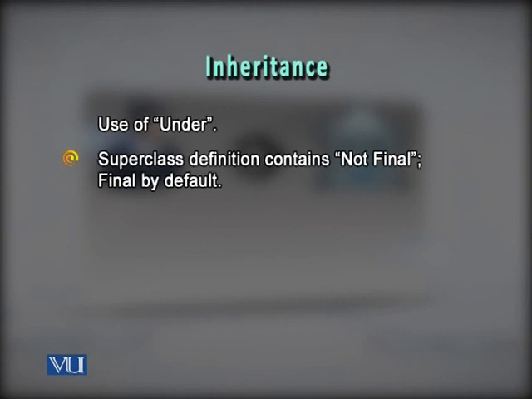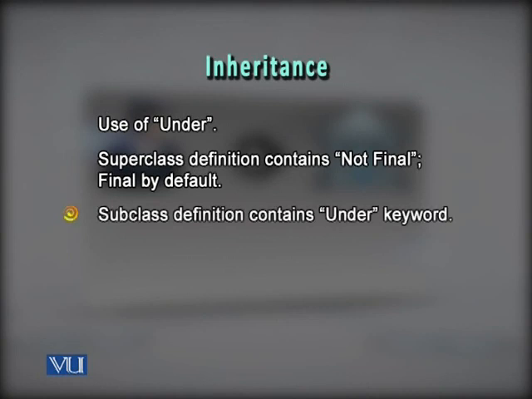And at the end of the definition of this class, we will write not final. These are the keywords that are required there. This is a part of the syntax. So we define the type for the superclass, and at the end we write not final. Then we define the type for each subclass.